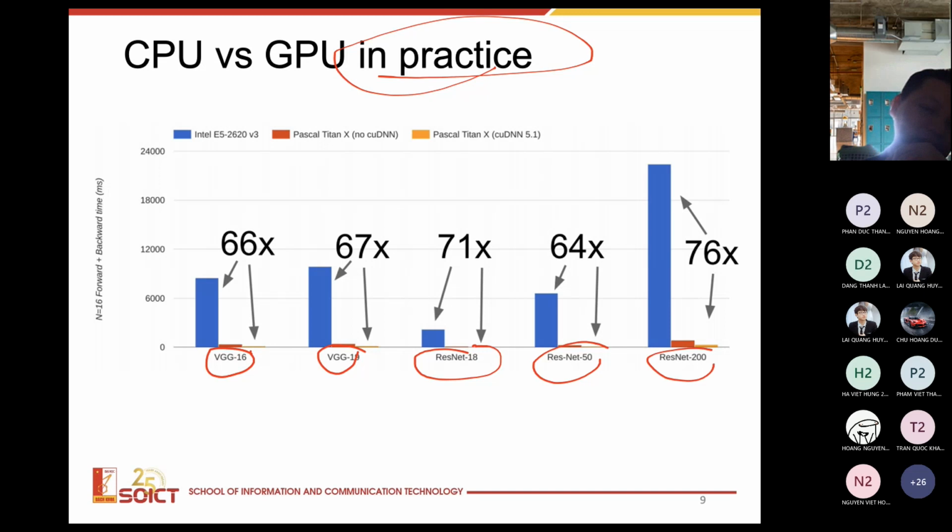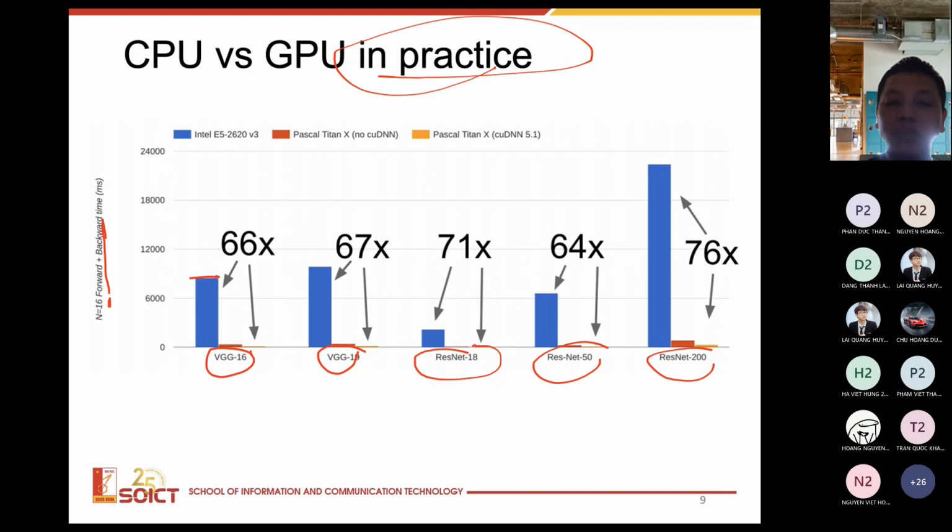And we compare the time to do 16 forward and backward steps. In the case of using the CPU, it takes quite a long time. And in the case of using the GPU,